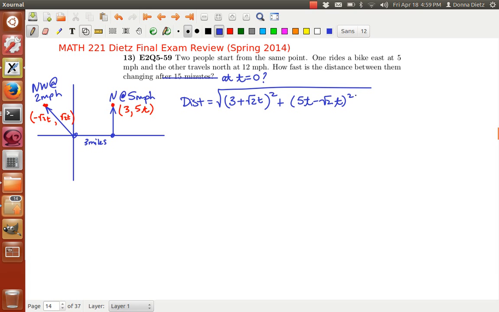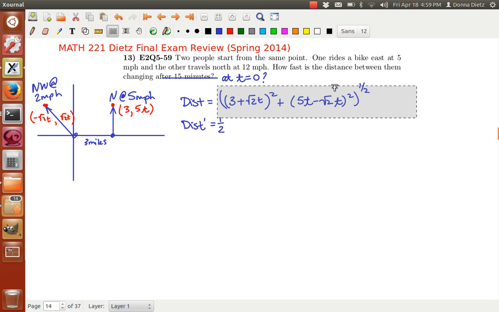Okay? Now it looks like a mess. Well, it is a mess. That's why you're only going to evaluate it at t equals 0, and you're just going to leave the mess as it is. But that's the distance. So what's the derivative of the distance? Well, I'm going to go ahead and write distance with a 1/2 exponent so that you can see this a little more easily. 1/2